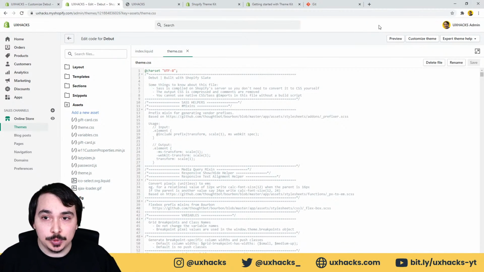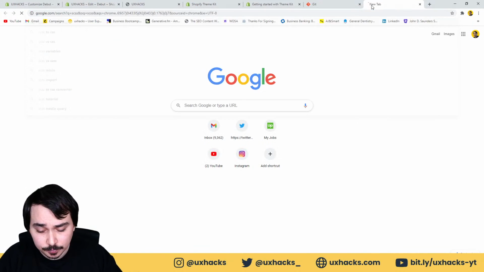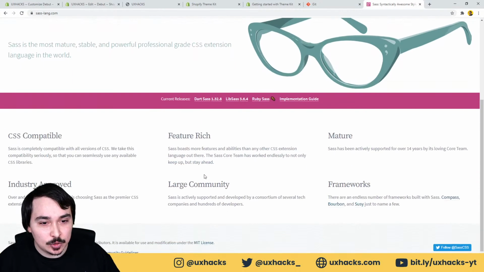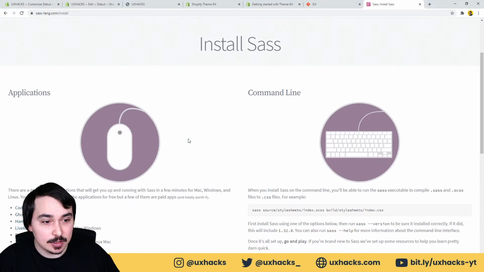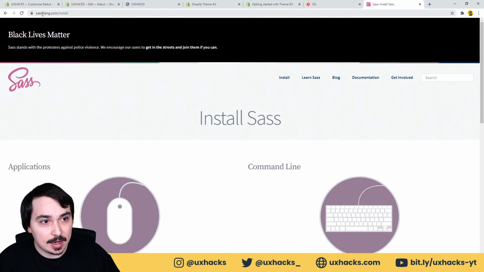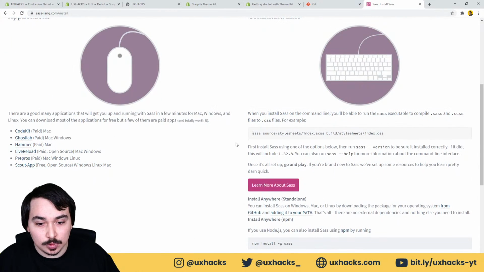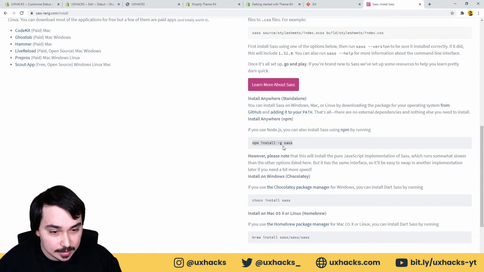And the way that we're going to be doing that is using Gulp. If you're not familiar with what SCSS is, let's talk about that for a second. It's CSS with superpowers, and honestly that's so true, because it gives you all sorts of different features that you don't normally get with CSS. If you don't have this installed, definitely come into sass-lang.com/install, and then you're just going to want to run this command here, npm install global sass,